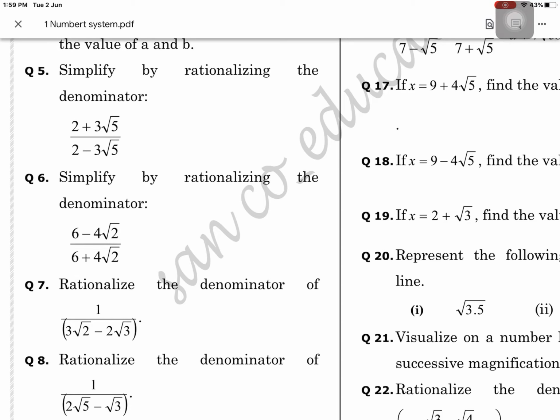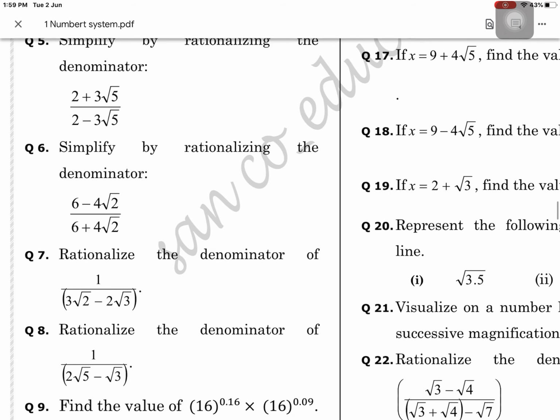The term which you rationalize, where is it? Is it the numerator or the denominator? It depends on you, right? But the irrationality of the denominator is, I think, mathematically more complex than the irrationality of the numerator, so it is generally done there. Okay. Question number 6: if you can solve question 5, you can solve question number 6.